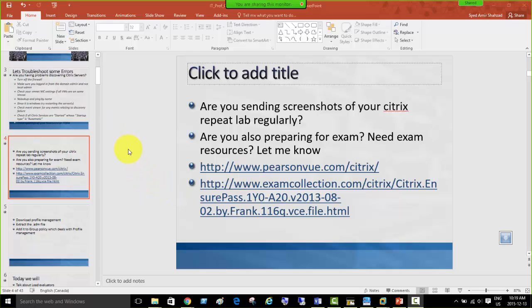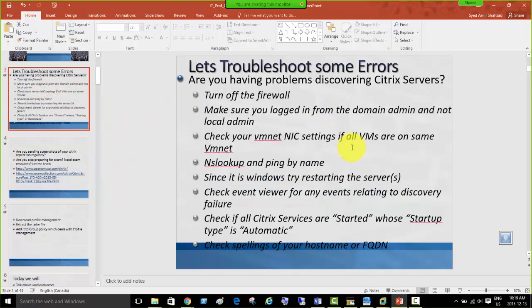Okay, so let's start today and try to test our skills with printing, Citrix printing. There are many terminologies going on, and we're going to discuss all about it. But first, we always go with all the troubleshooting. Keep hanging on to your labs and don't give up, and try to